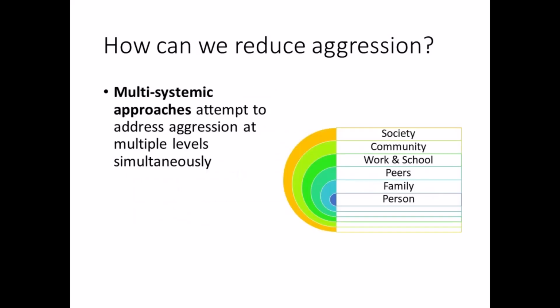When working with individuals, psychologists like to use what's called a multi-systemic approach. They tackle the aggressive behavior from multiple levels at the same time. For example, a student who has been behaving more aggressively than usual might complete therapy on their own. Their family and friends may attend a training session to teach them how to interact with the child. Their teachers may need to more closely monitor the student's behaviors at recess, and the community may decide to raise money for a new after-school center to keep all the neighborhood kids busy in the evenings. The key with this approach is that the problem is addressed from multiple angles using multiple tools.